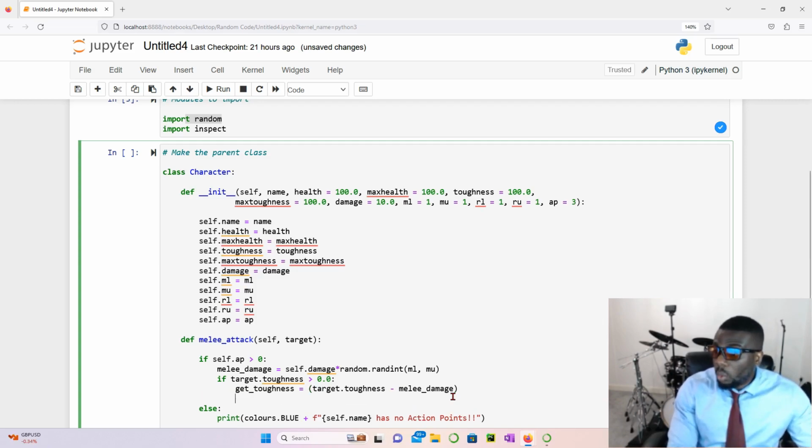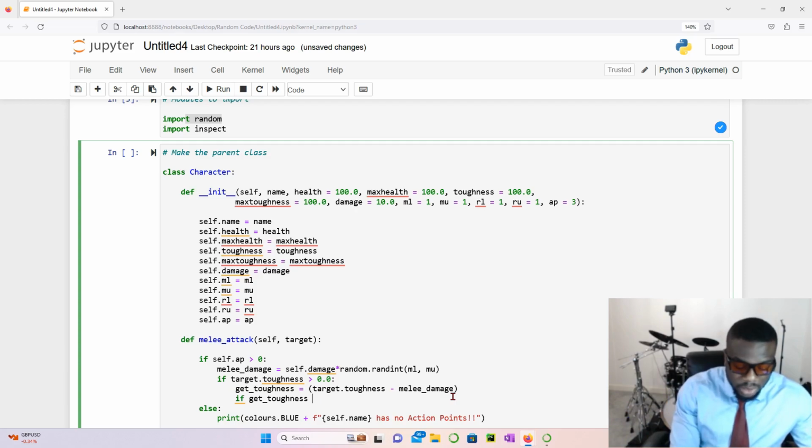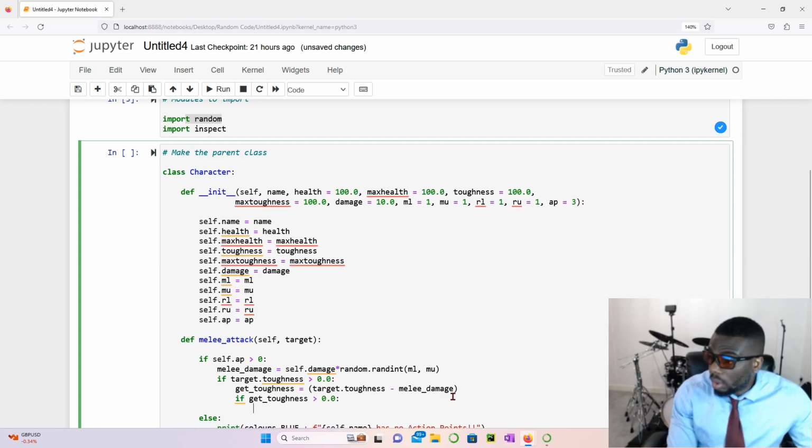All right, now what I did was that I had some if-else. If get toughness happens to be more than 0, right? That means they have toughness left over. That means all the shields, all the toughness just eats up all the melee damage. So if get toughness is more than 0 at the end of this calculation, then we do target health. So this is me saying that no matter how much toughness you have, you will always take some form of health damage if they melee you, right? So target health